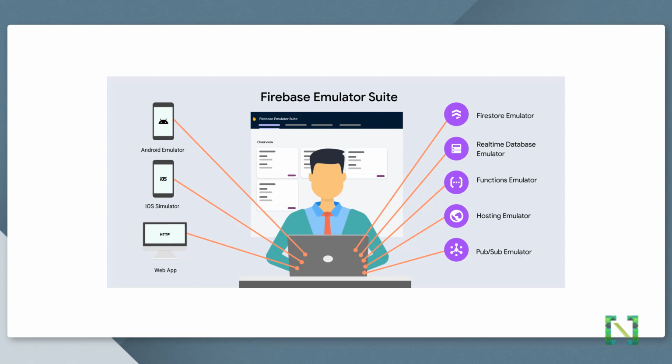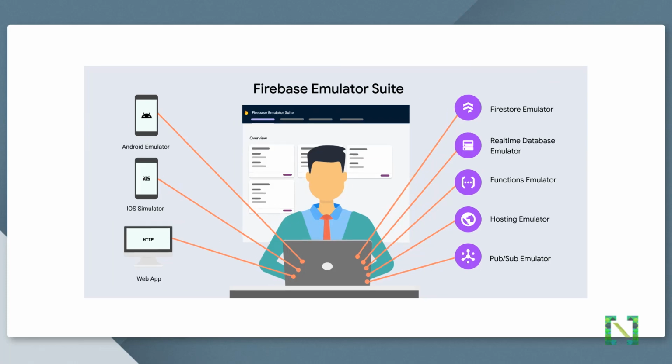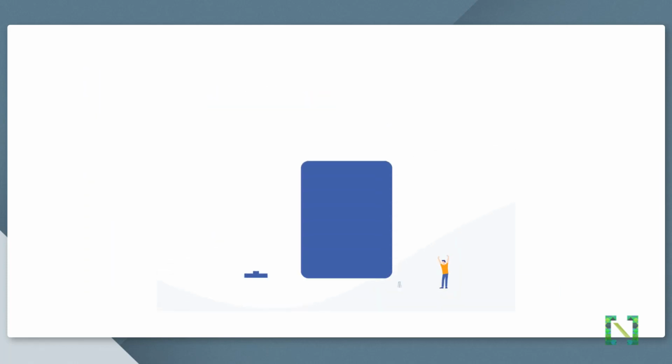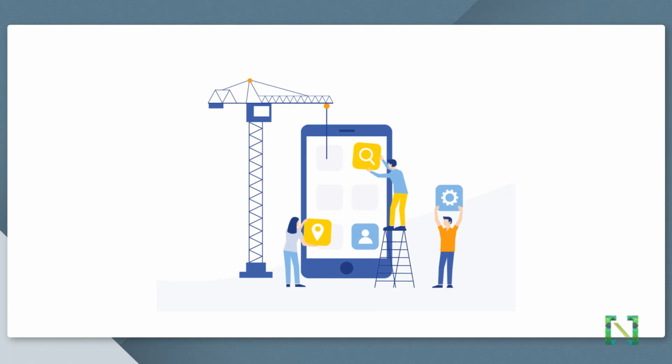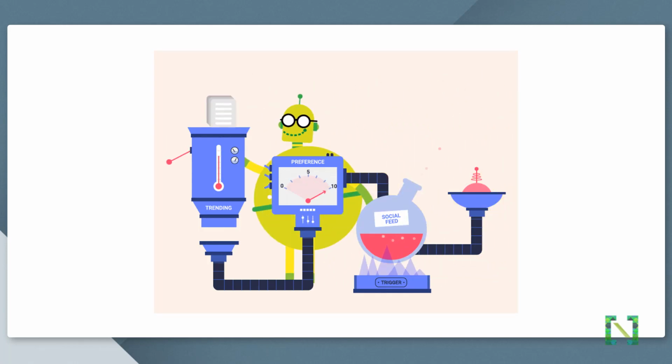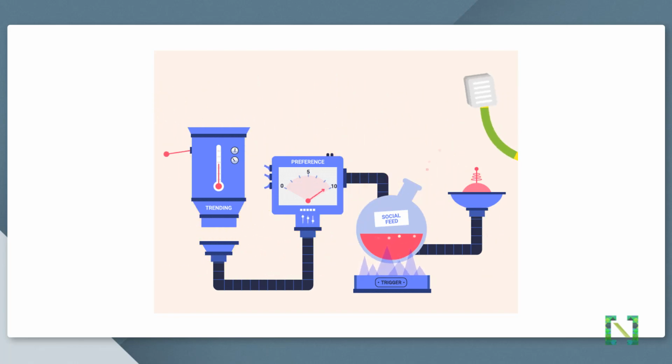Remember, this is just an emulator. Every transaction you do here does not reflect on the live Firebase console. That means data will be deleted when you close the local system. So this is more for performance and fast development rather than security. Also, if your app is already in production, you can test your Firebase security rules, your transactions, your logics before pushing the updates on the live production app.